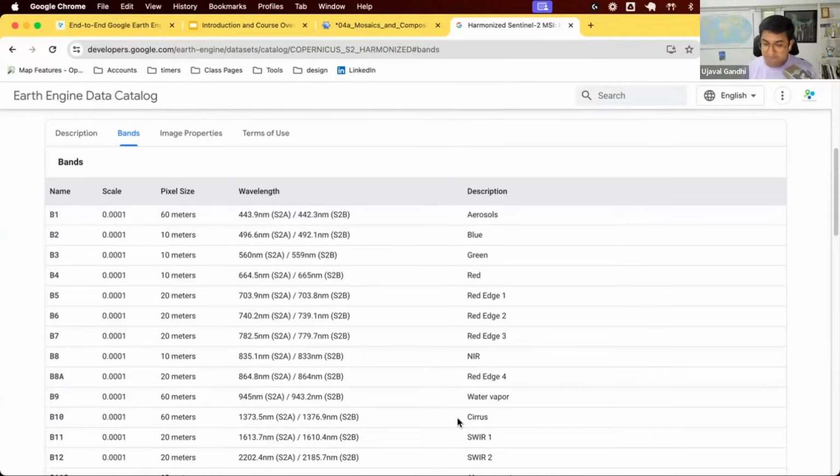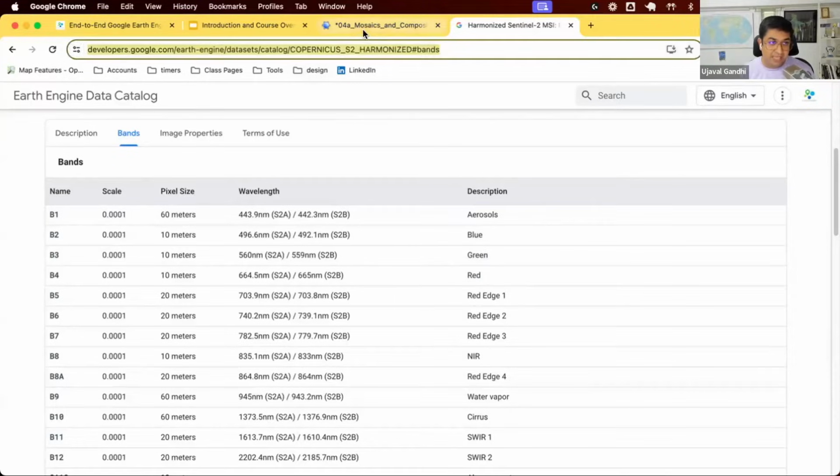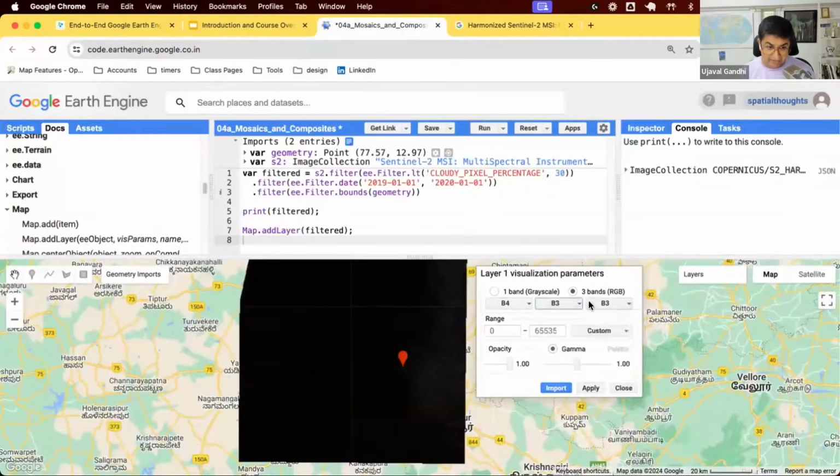So if you are flying over this region, how would human eyes perceive that? We'll perceive that where we put the red band in the red channel, green band in the green channel, blue band in the blue channel. These are called natural color composites. That means we want to display bands 4, 3, and 2, and that will be the bands that we want to display for the RGB composite. You apply this,